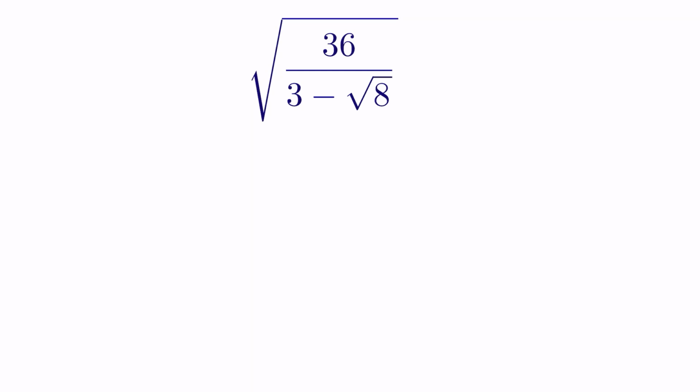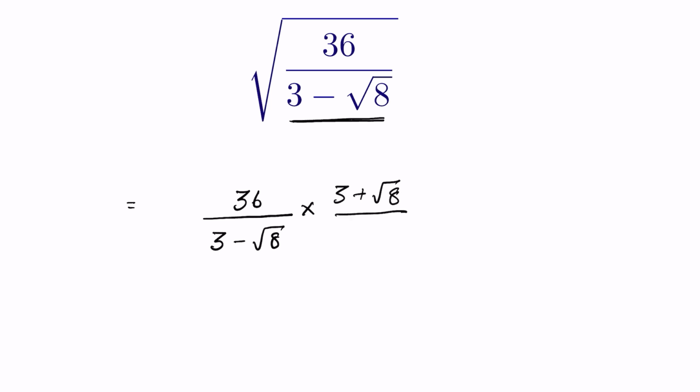36 upon 3 minus square root of 8. How do we simplify this? So first of all, we have to rationalize the denominator. So 36 upon, to rationalize it, we multiply and divide by the conjugate of the denominator, which is 3 plus